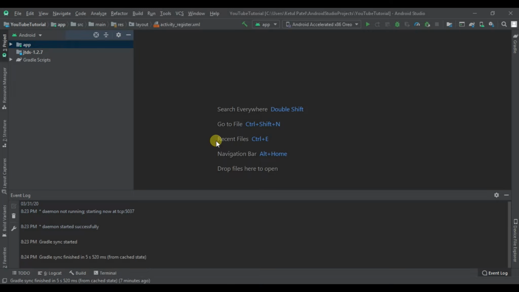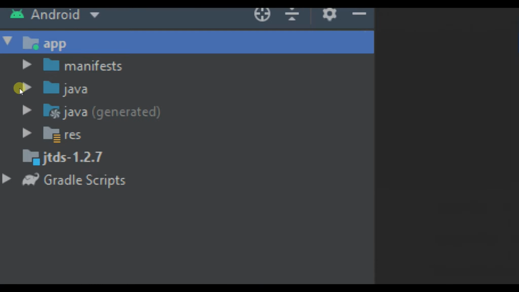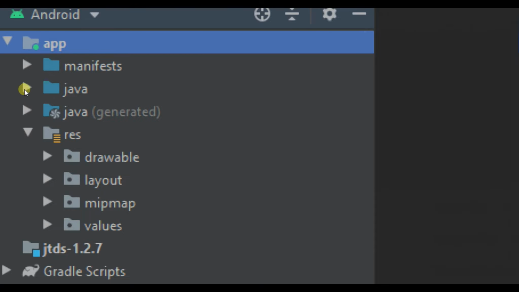So here I have Android Studio, and in the previous video when we made a registration page we created one table, that is register. So today we are going to take two fields from that, email address and password, and we will be making our login page. So let's start it. Go to app, resource, layout,